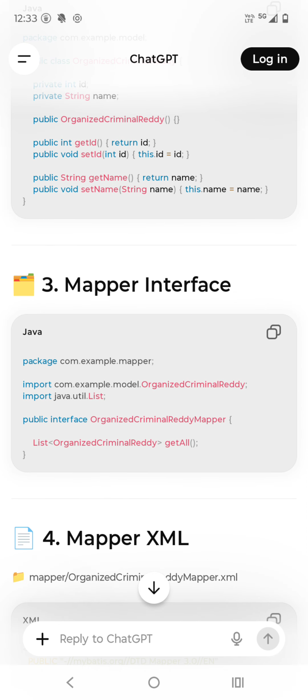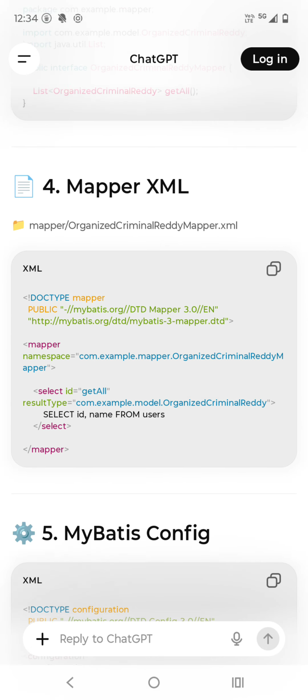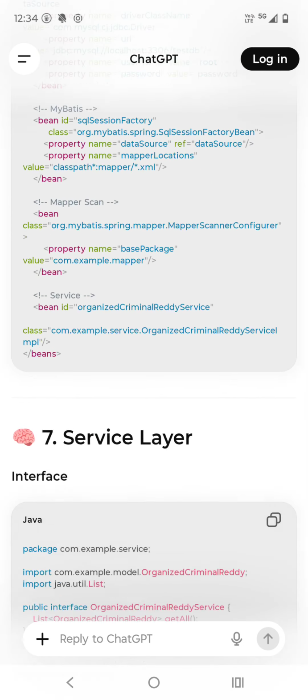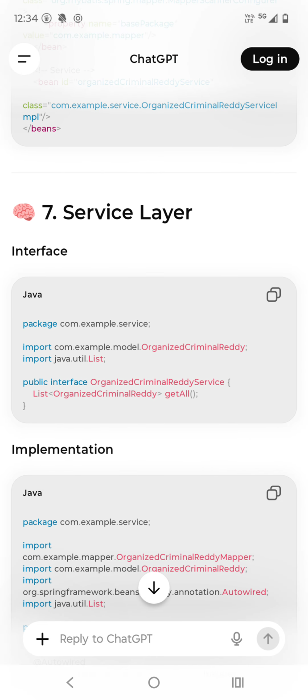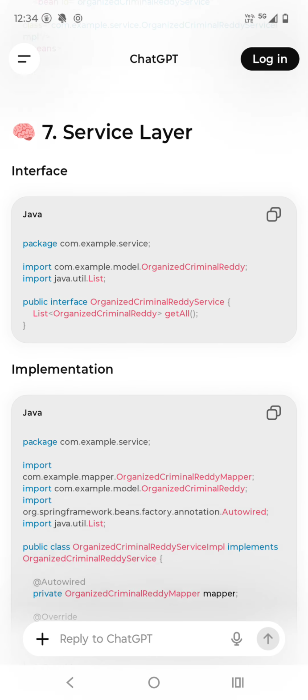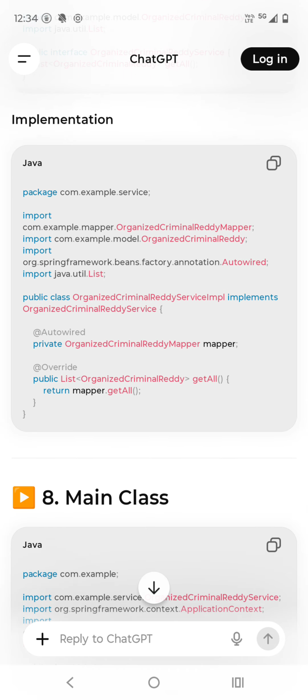So here it is, an interface. We are going to autowire it, right? It has a getAll method. You need to override that interface, and you are returning the getAll method, mapper.getAll method. And this mapper,